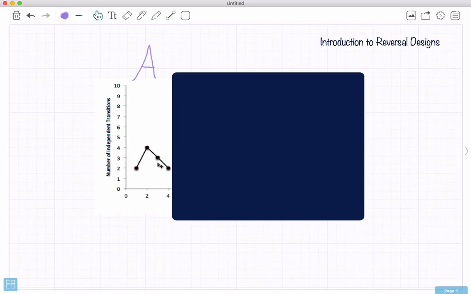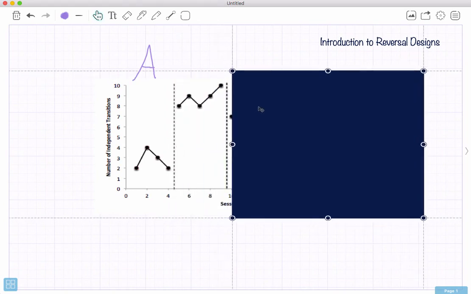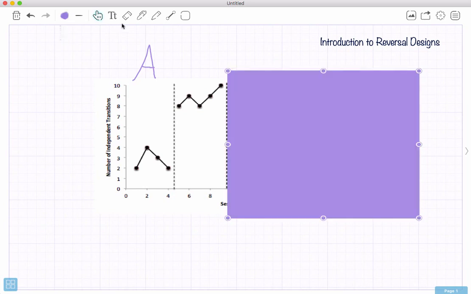And without any supports, the student makes between 2 and 4 transitions across the baseline phase. And we would predict that the student would not increase, but would have a similar amount of independent transitioning based on this baseline phase. And so, as you've seen in your textbook, you can also have what's called an AB design, where you